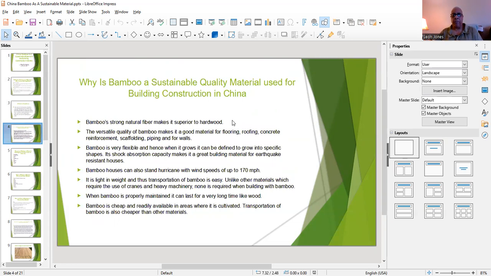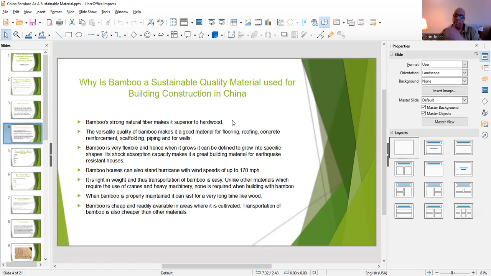Now, why is bamboo a sustainable quality material used for building construction in China? Well, when it comes to any material, we talk about strength. Bamboo has a natural strong fiber, so with it being strong from its fiber, it's superior to hardwood. It's also versatile. The versatile quality makes it a very good material for flooring, roofing, concrete reinforcement, scaffolding, piping,